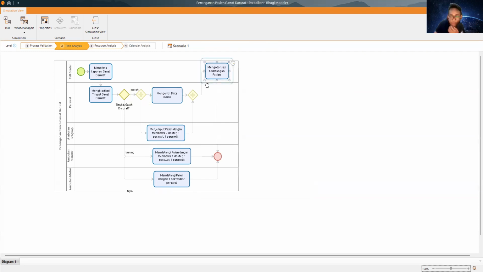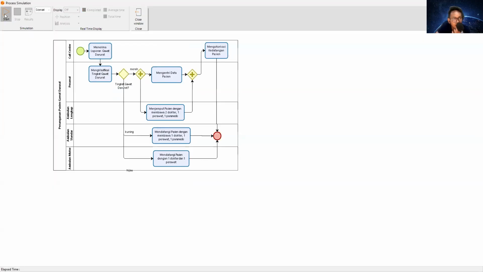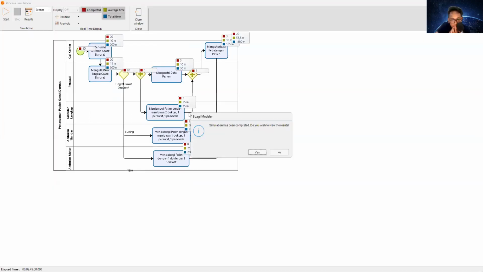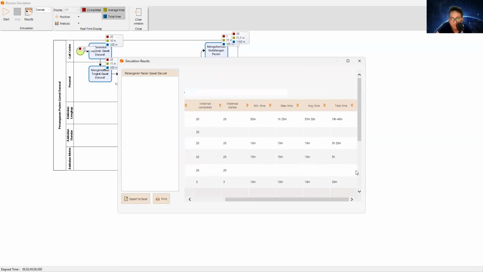Okay, once we are done inputting the time in the blue parts, we run again and start the analysis. As you can see in the result, the total time to handle the emergency patients is 90 hours and 40 minutes, guys.